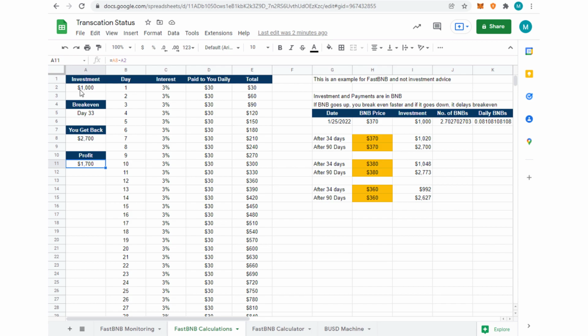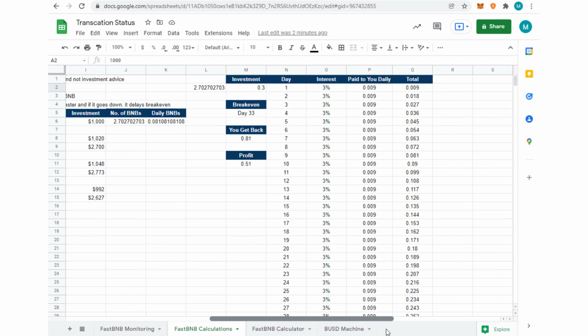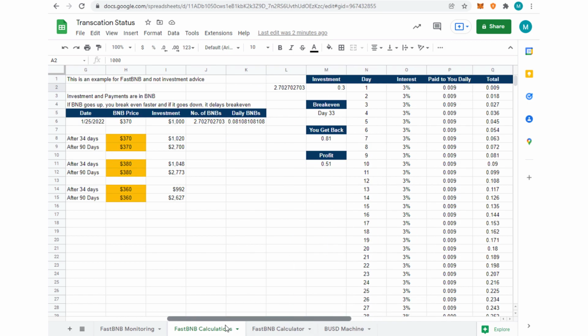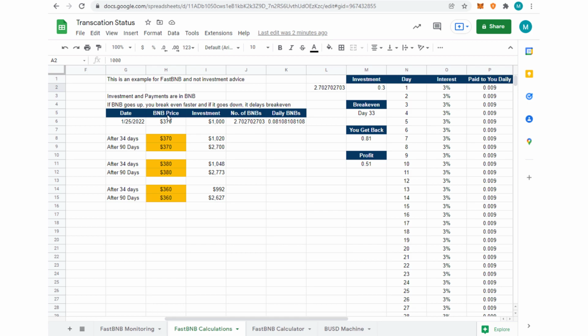But in reality, you're not really. You're converting your $1,000 to BNB. So you're buying BNB. So on the next chart, I had BNB. So if you had purchased the BNB, let's say you made a purchase at the time I had done this calculation, $1,000 BNB was at 370. So when you made $1,000, you would have got 2.7 on this date,